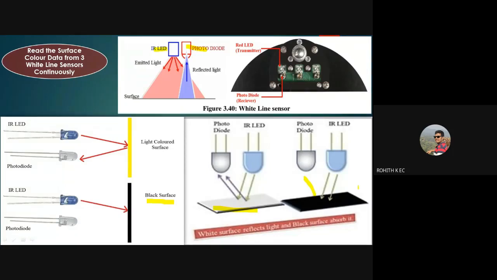That means there is no reflection if the surface is black, and if we have white color, then we will have maximum reflection from that surface. So this is the principle based on which our robot is going to move or take a decision whether to move forward, left or right, or to stop.